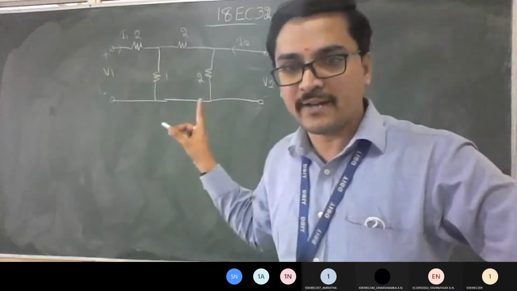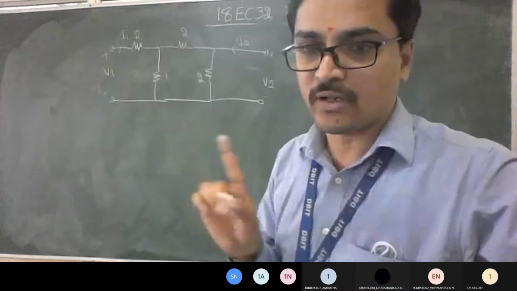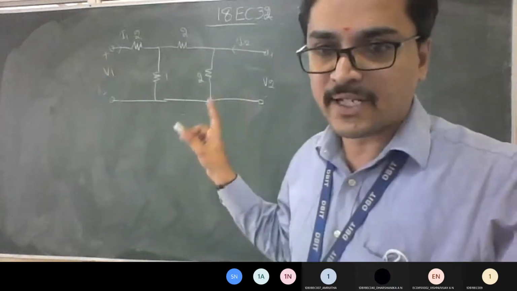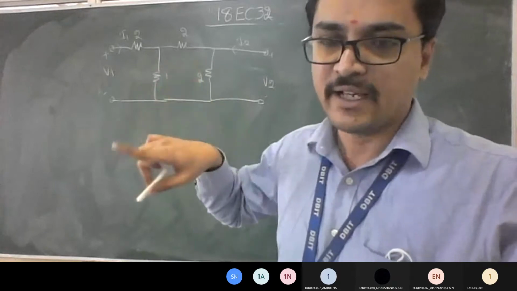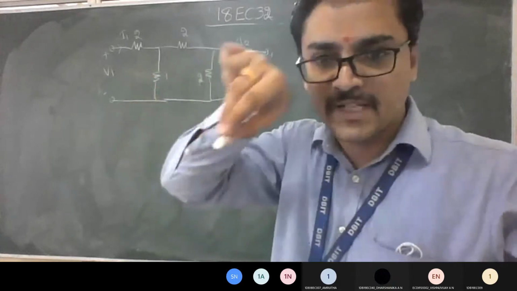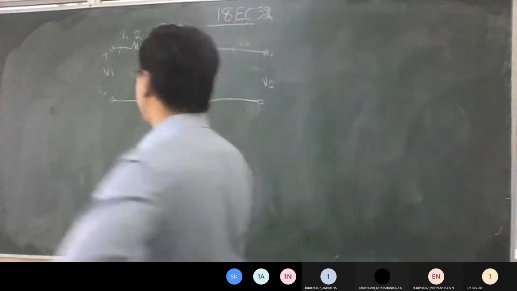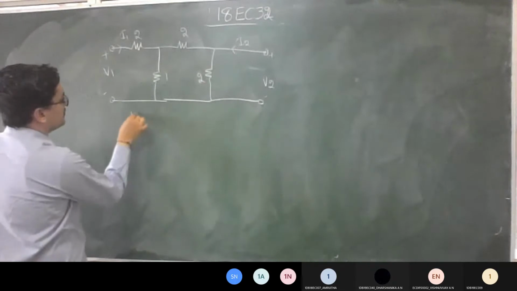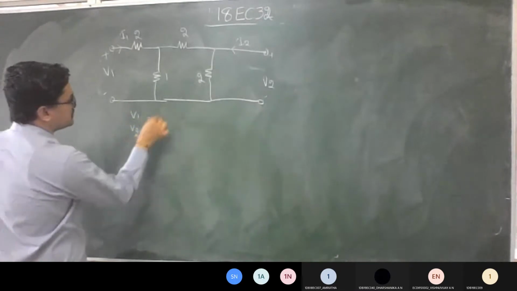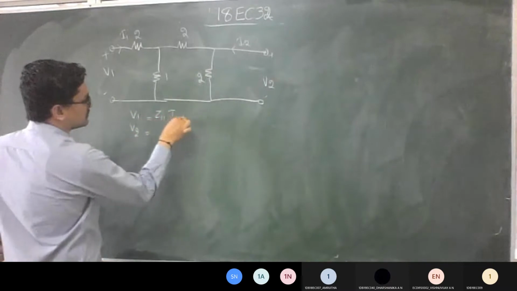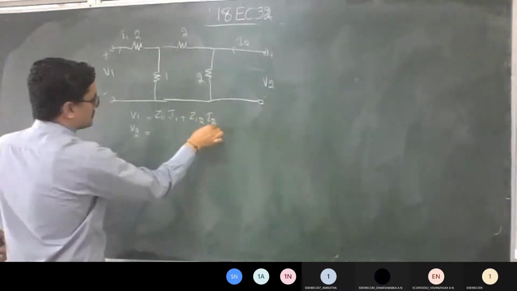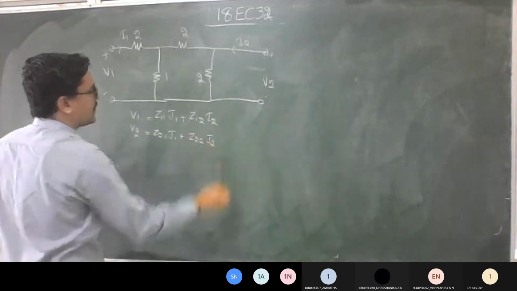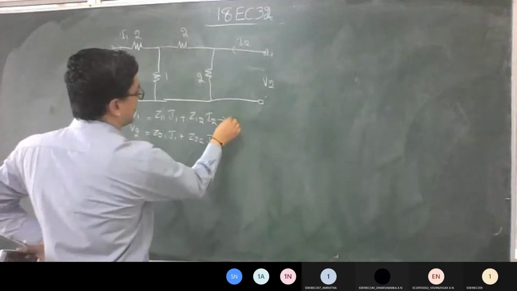See, whenever they ask you to find the Z parameter, I told you to write the generalized equation and keep it on one side. Because I want my circuit to be obtained in that fashion. If I get that, then I can just compare like we did in the previous problem, and you can get the answer. So write the generalized equation, that carries 1 mark. So this is your generalized equation with V1, V2, I1 and I2.